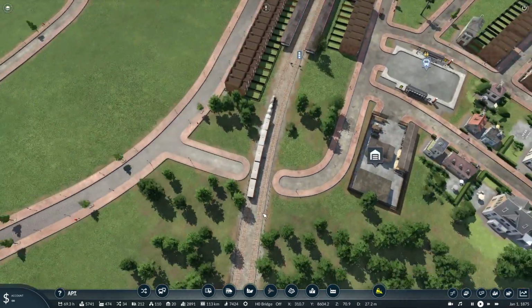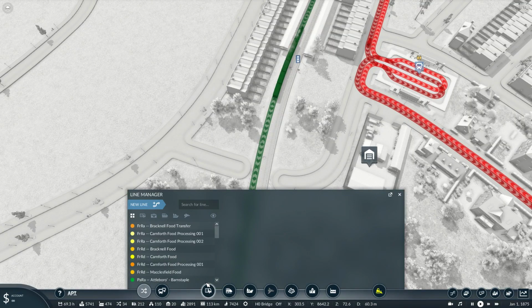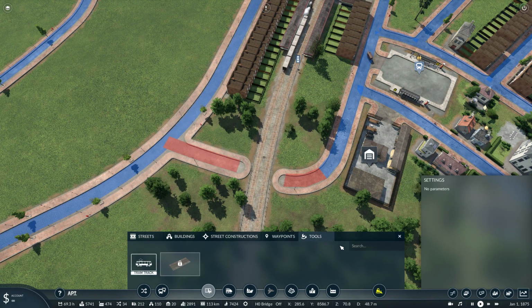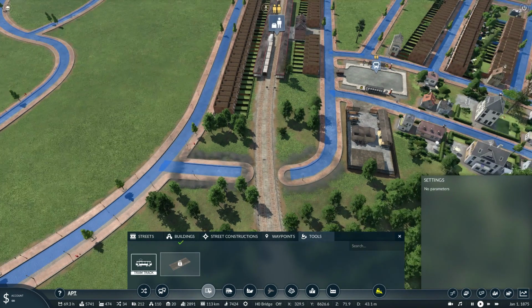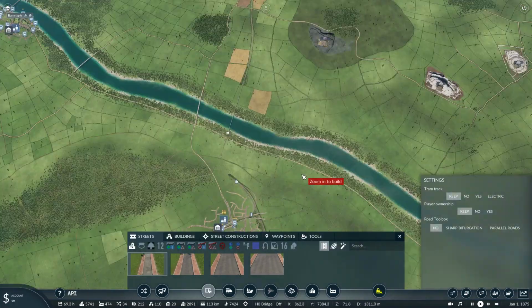the train line's going through, and that's how it works, as far as I can tell, anyway. I may be wrong, and if I am wrong, somebody please let me know. But as far as I could tell, this is what it's supposed to do. So let's have a look in